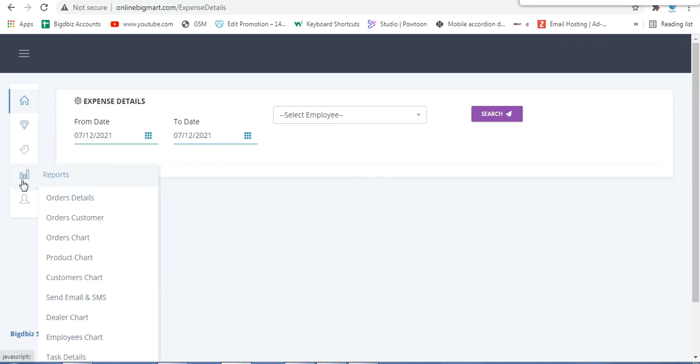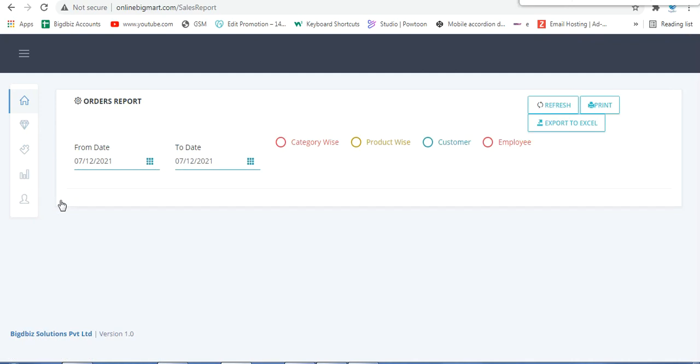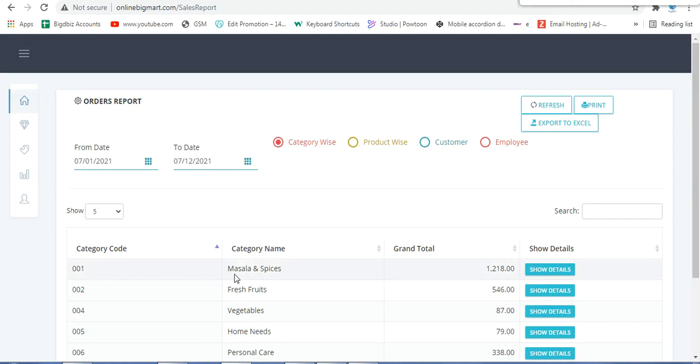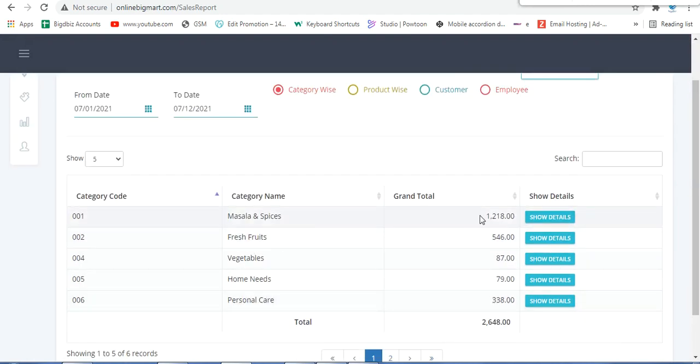And enquiry details. I can see the reports also, like order details, the total number of orders I have received, and I can see them for a particular week or a month, from the 1st of July till now: what products I have sold and what products have been ordered. I can categorize them category-wise. So I can see here, based on category, the total amount sold, the total amount I have received through this app or website.